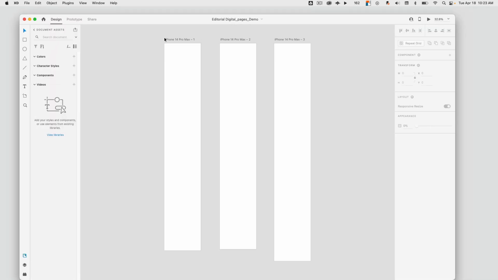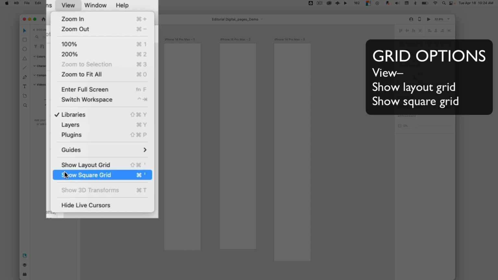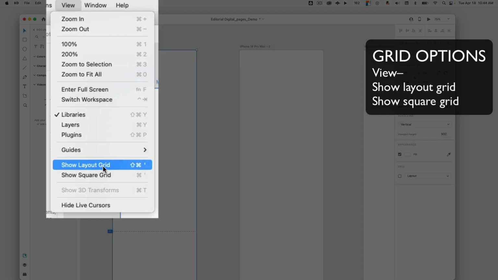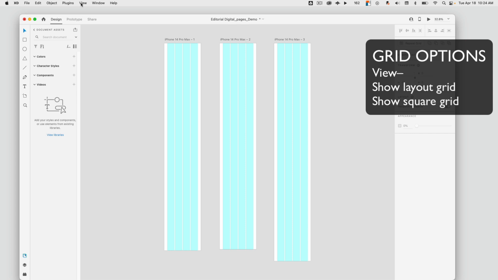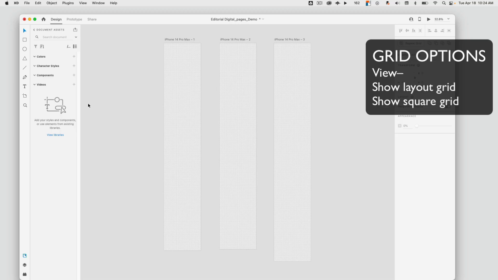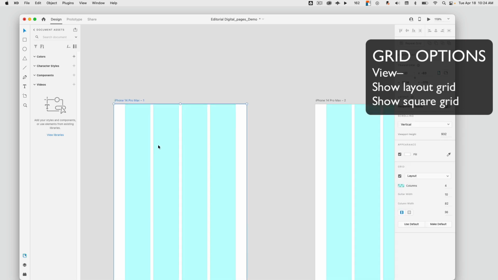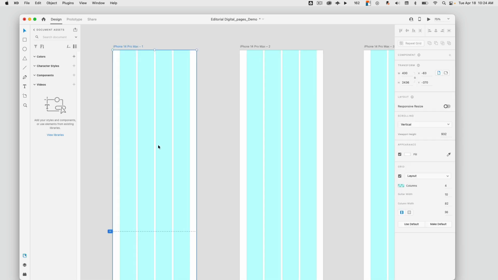So what you'll see here is I picked iPhone 14 Pro Max and I created 3 artboards. So all you need to do is click here if you wanted to add additional artboards. We will not be creating grids because this is a single column grid, but you will find grids under View, Show, Layout, Grid. Now you can use this format or you can go back and show square. But whichever one you choose is fine with me. So once you are here and have your grid, we can start populating each of these sections with the copy